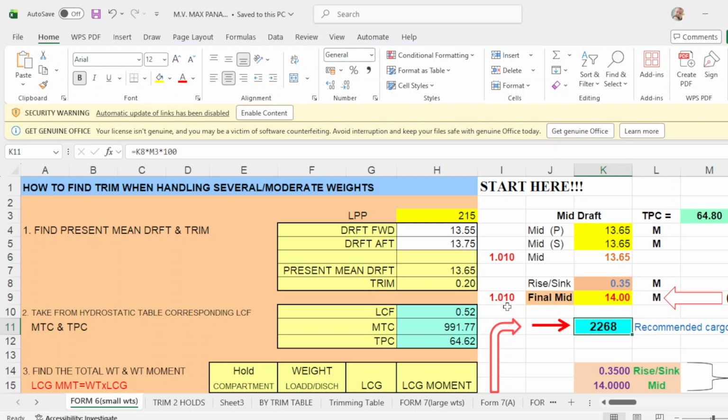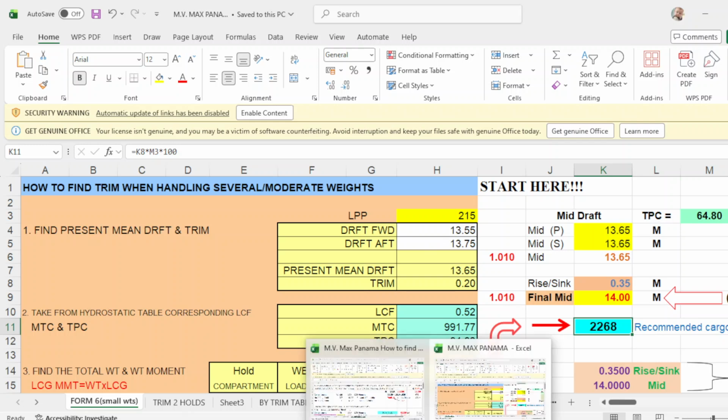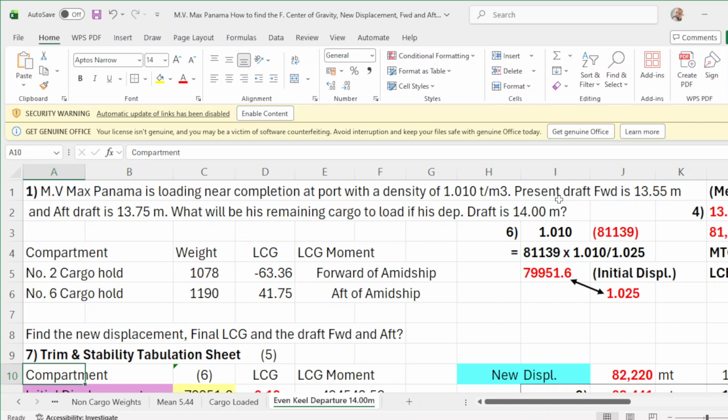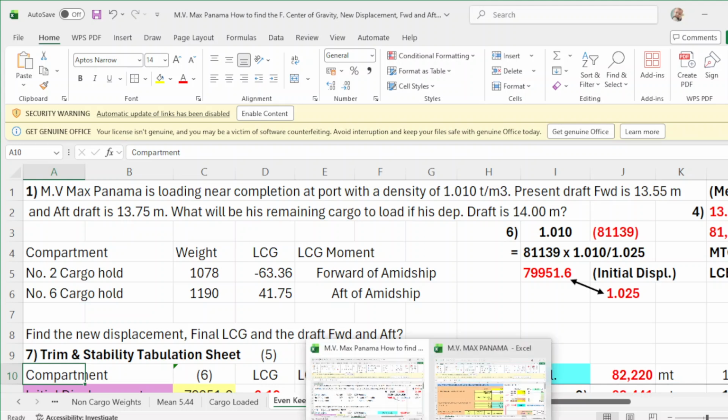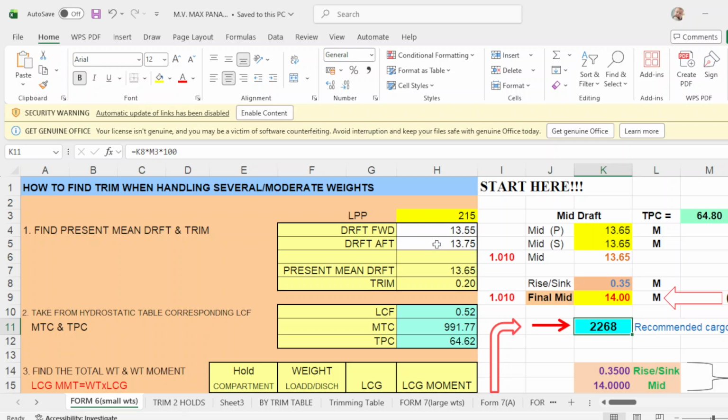The density is 1.010. The initial forward draft is 13.55 and aft draft is 13.75. Okay, so your aft draft is 13.75 and your initial density is 1.010 and your LPP is 215.